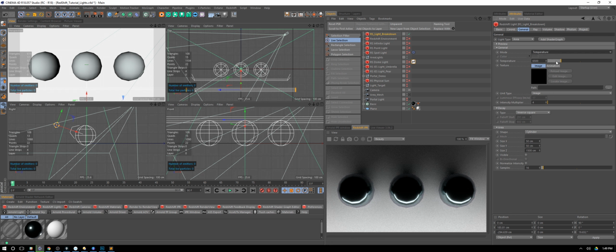I personally like to use Kelvin. It's more mathematically correct. And so what's considered a quote-unquote perfect white light is about 6,500 degrees Kelvin. If you want a cooler light, you got to get it hotter. So let's say make it 106,000. So you get really blue lights. And if we go down to 500, you get really warm lights. And of course, you can just manually adjust that too to get it wherever you want. I like 6,500. Under texture, you can put in a gobo or an image to start having a grid on